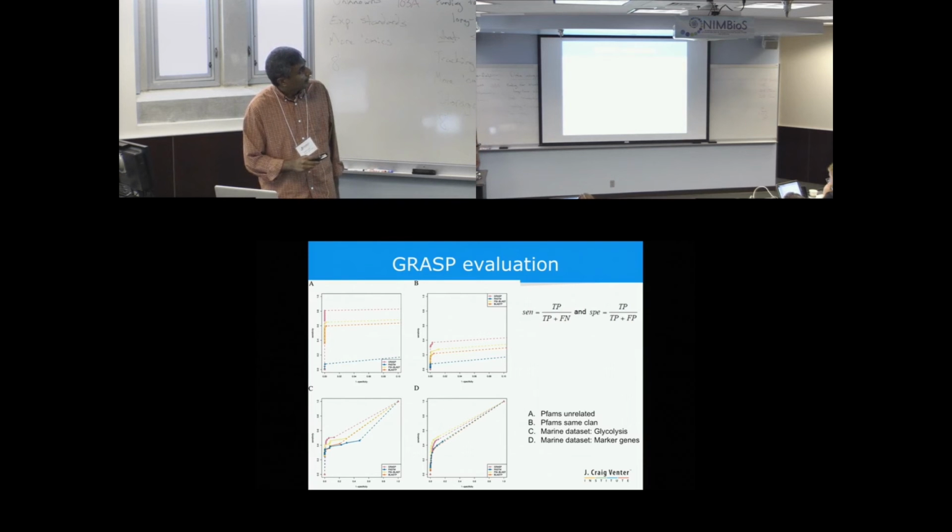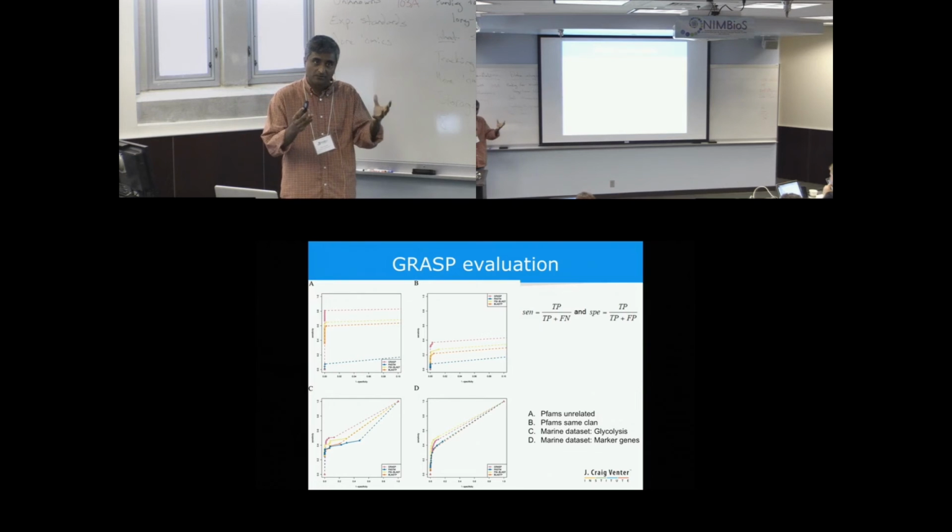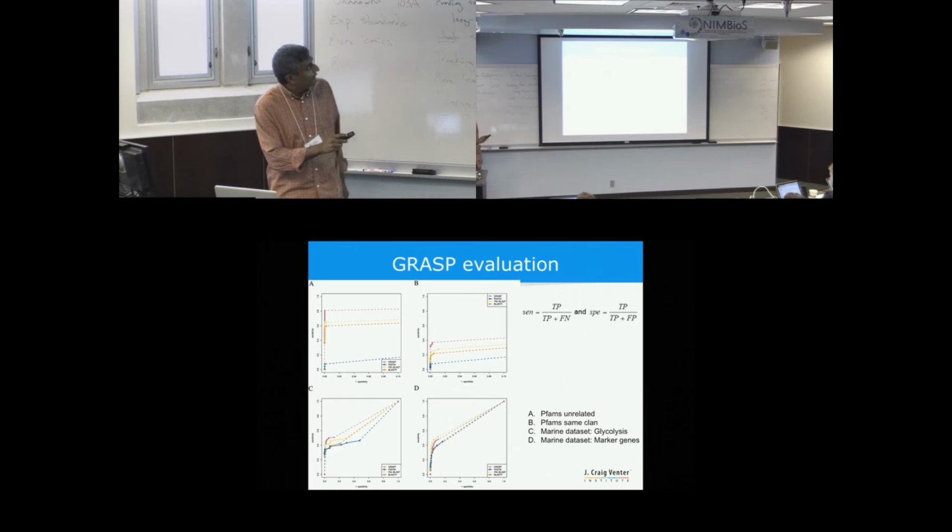And we used 4 different data sets. In this one, the idea was we took sequences from unrelated PFAMs. So we had 4 unrelated PFAM models. We took seed sequences from those models, randomly chopped them up, and used the query from one of them to ask, are you detecting the homolog? So we pooled all of them together, right? And here we find that if you look at the ROC curve, the GRASP approach gives you really good results compared to the other approaches. We also did the same thing, but this time with PFAMs from the same clan to make